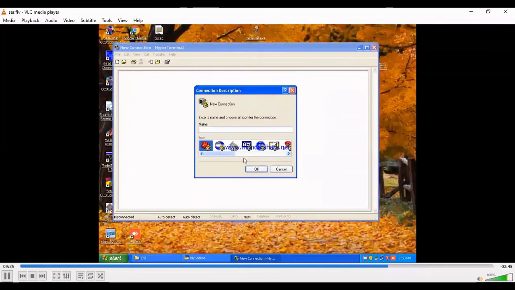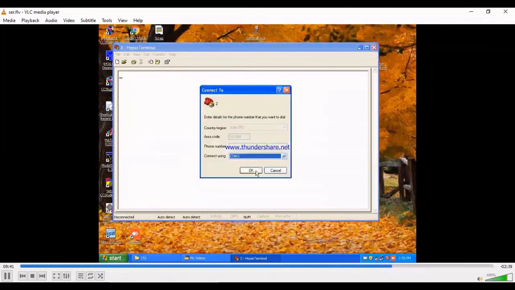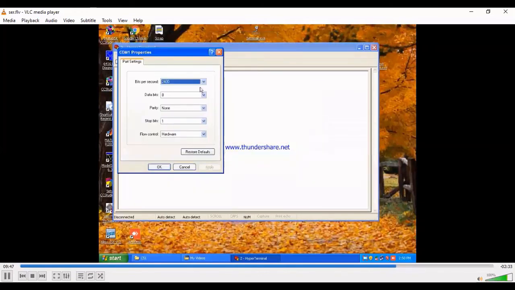Give the connection name. Select COM port 1. OK. Baud rate 9600, 8-bit data, parity none, stop bit 1. Flow control none. Apply. OK.